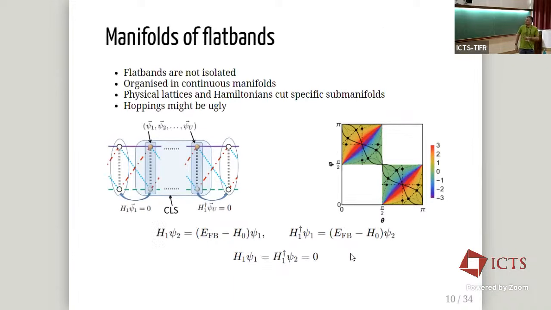The one drawback, though, of this construction is that you indeed can find systematically all the possible Hamiltonians, but the hoppings in general might not be nice, in the sense you typically get all the possible hoppings between different sublattices. And the known examples typically correspond to some specific points in the space of the flatband Hamiltonians.